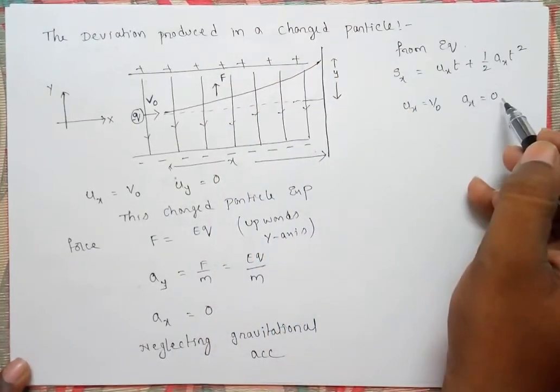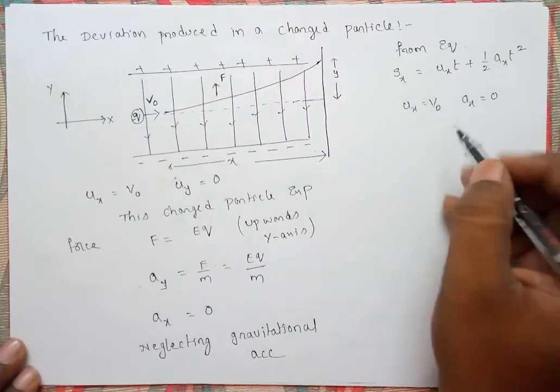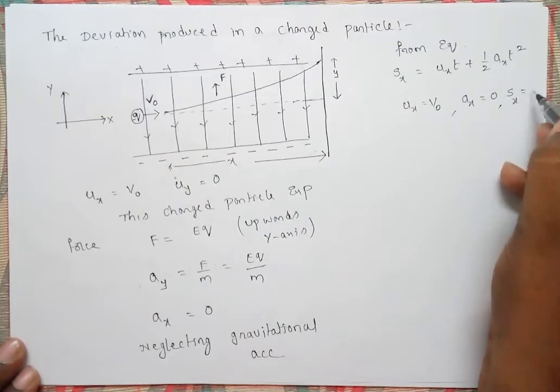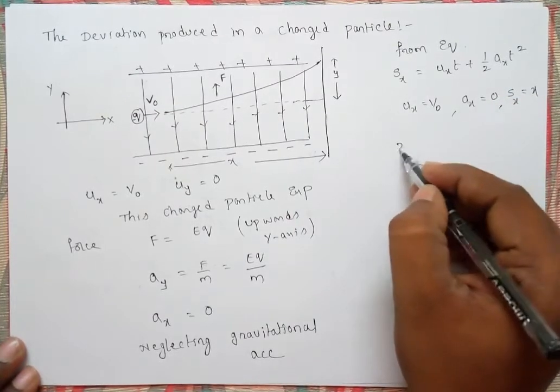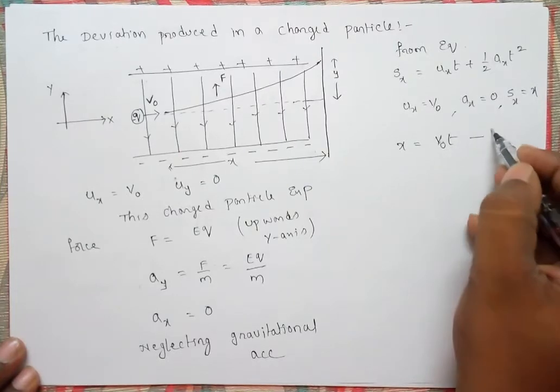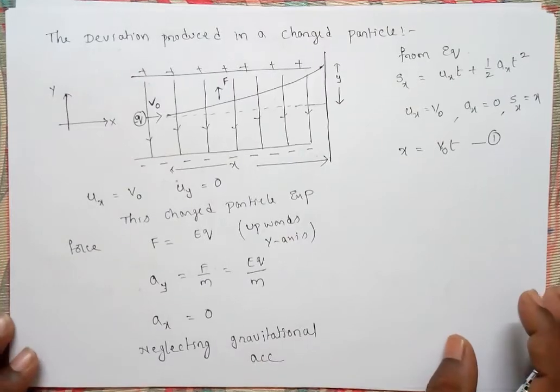So initial acceleration along the x-axis is 0. If you write Sx as x, then you will get x equals v0 t. This is equation 1. Next, from equation you can write that